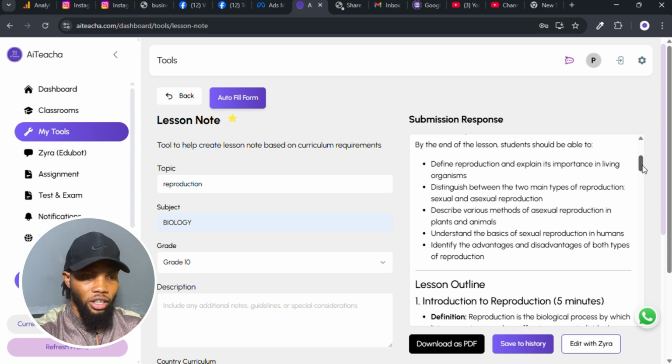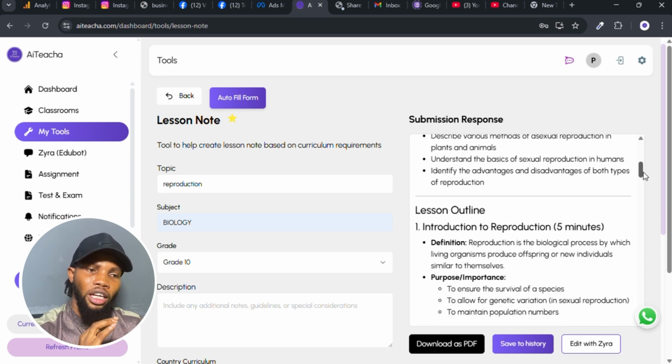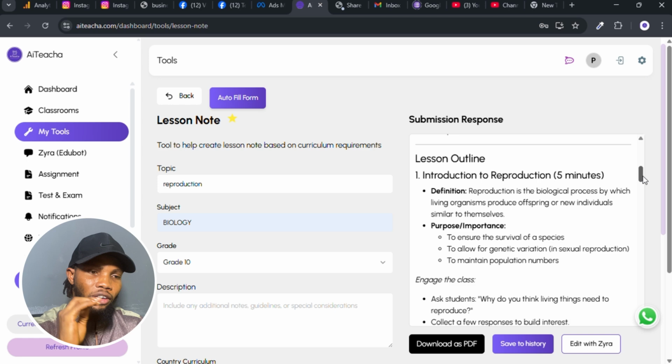Now let's go to the lesson outline. One thing about AI teacher tools is that it gives you the precise response that is going to help you teach all your students effectively. And I promise you, with this, your students will assimilate very well. Lesson outline, look at it. Introduction to reproduction, it gives you